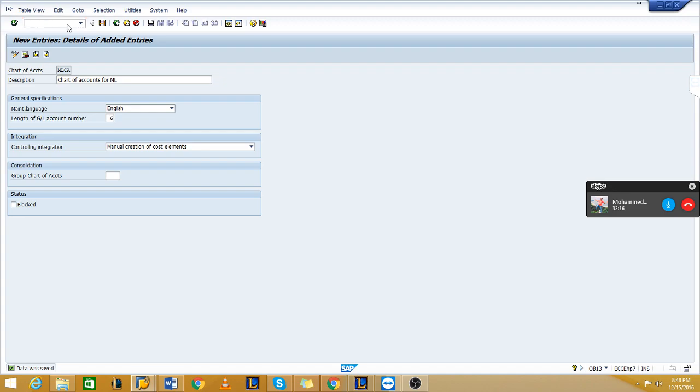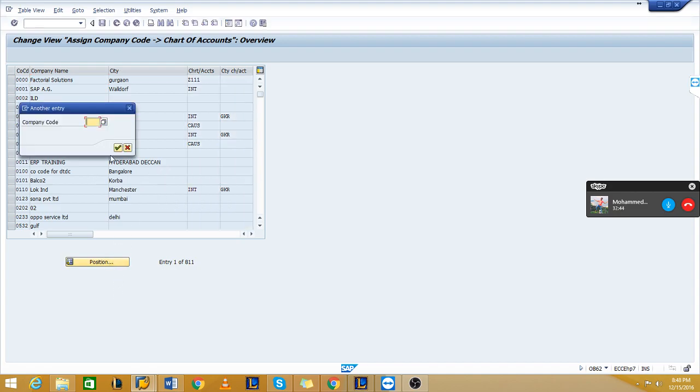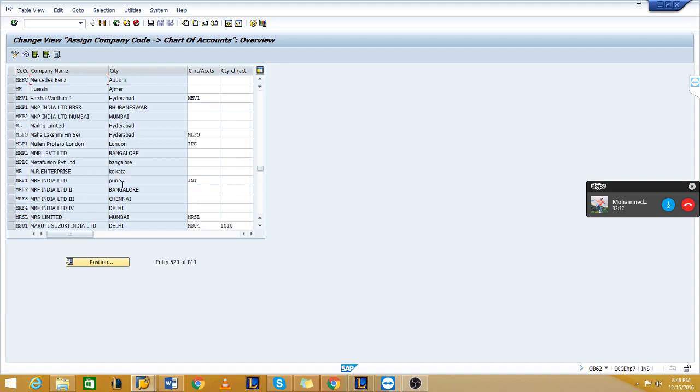Now I'm assigning my chart of account to a company code. My chart of account is MLCA. Just like a search button, the position button finds it.